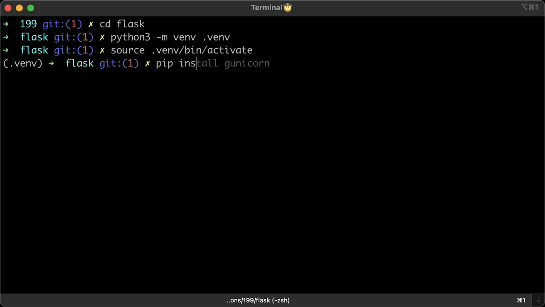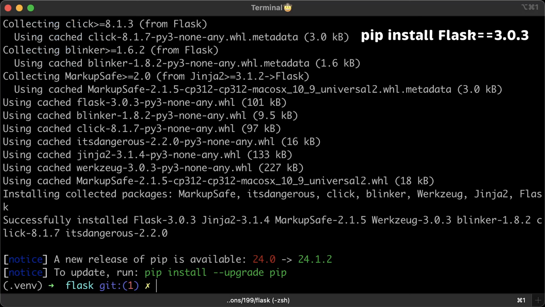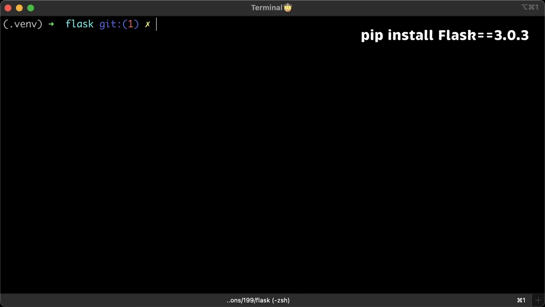Next, we need to install Flask into this project. I use the latest 3.0 version. For this tutorial, it doesn't really matter, but if you encounter any issues, you can use == to specify the version. Whenever you build artifacts, such as Docker images, you always want them to be reproducible. This means using the exact versions of packages that you used during development, rather than pulling the latest versions during